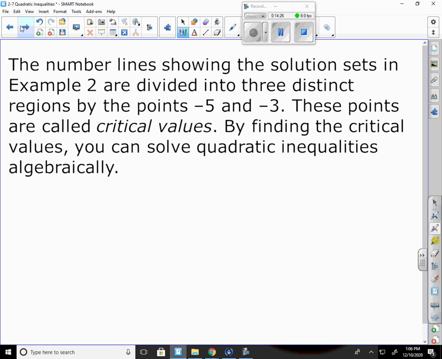So our number lines that show the solution sets in example 2 are divided into 3 distinct regions by the points -5 and -3. That was our first example we did. These points are called critical values. By finding the critical values, we can solve the quadratic inequalities algebraically. So in other words, we don't have to keep graphing these or drawing graphs, checking the tables, checking the number lines. What we can do is solve these from an algebraic perspective and move on from there. Seeing as how that's a whole new topic in itself,